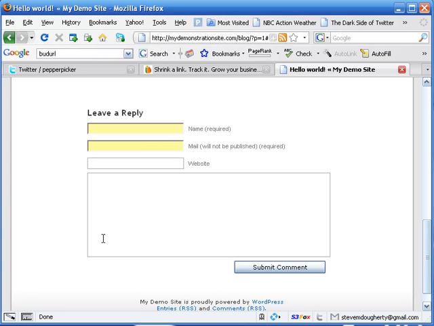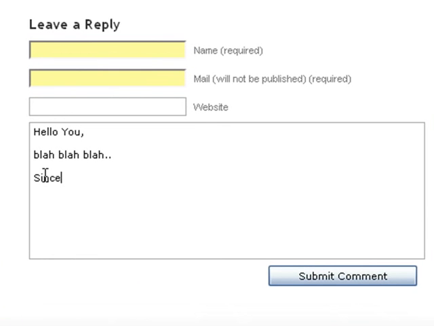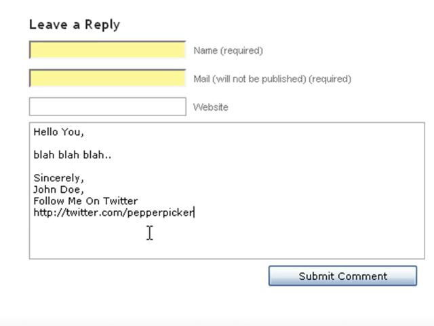Simple, and gets the point across. And then, for example, regards or whatever you want to put in as your salutation, and then something to that effect.